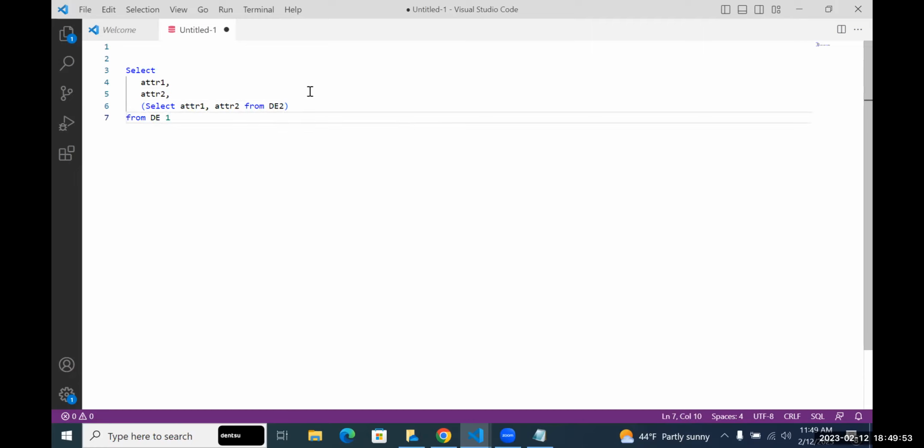So some kind of query where you have a subquery or an inner join. Now in this subquery, if you're trying to bring attr3, this is not a perfect example,